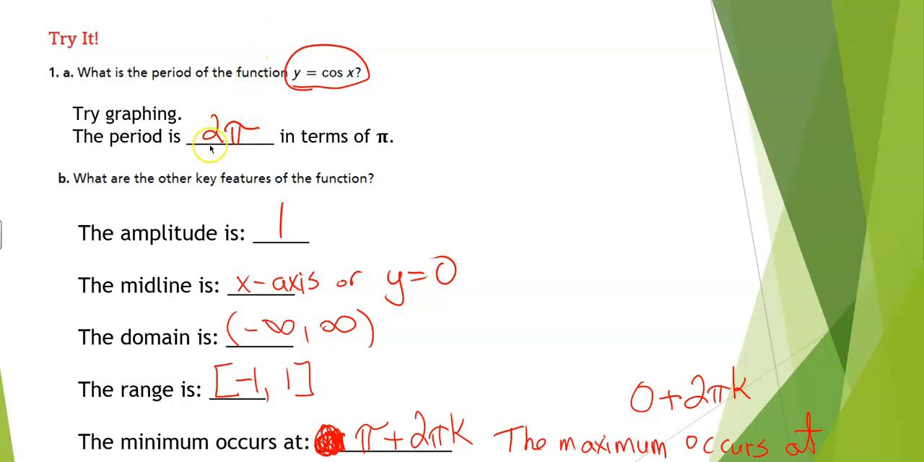So the period again is 2 pi, and the amplitude's the same as the sine, and so is the midline, the domain, and the range. The only thing that's different is where the minimum and the maximum occur. So if you did it properly, you'd notice that cosine actually has a maximum. It starts at 0, and then of course, since the period,